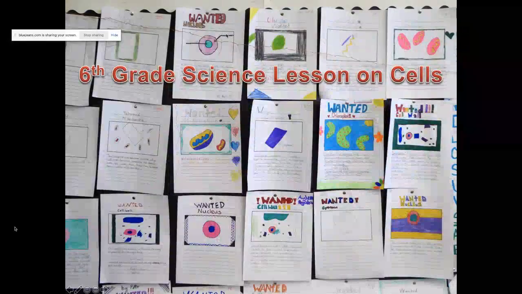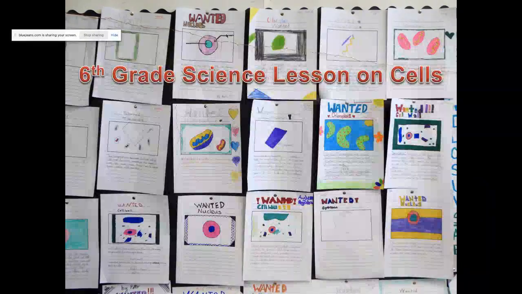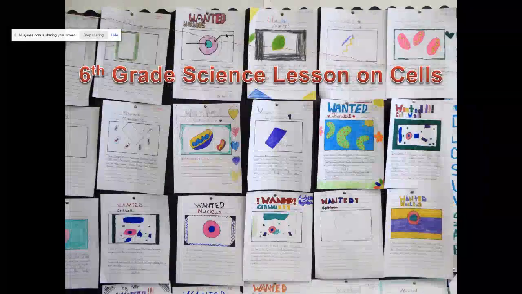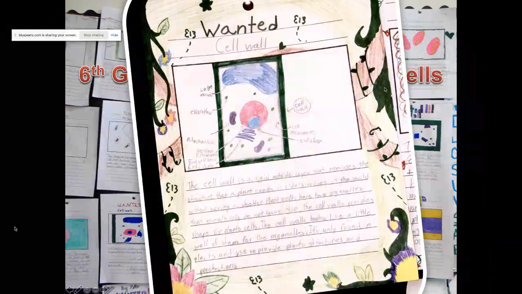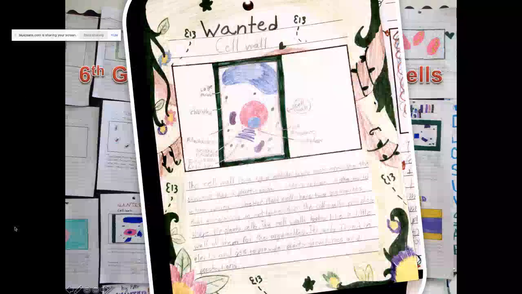Here's an example of these posters that was done without any technology, where the teacher just printed out the paper as a template and had the students, in a lesson she was teaching about cells, this was a 6th grade science class, choose what part of the cell they wanted to do and create a wanted poster about that cell. So they had to draw a picture of it and write a little bit of information. They put it up on the walls. The kids loved it. It was a much more fun, interactive way of doing the typical lesson of writing an essay or taking a test. Here's a way of using media and art to deepen that thinking process.